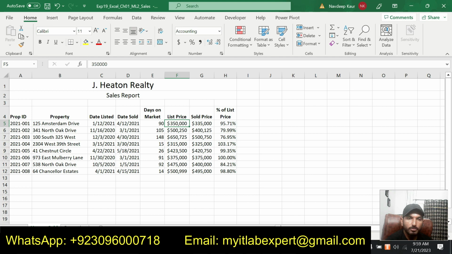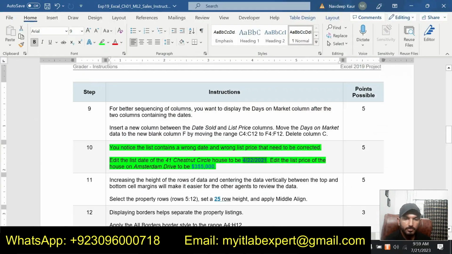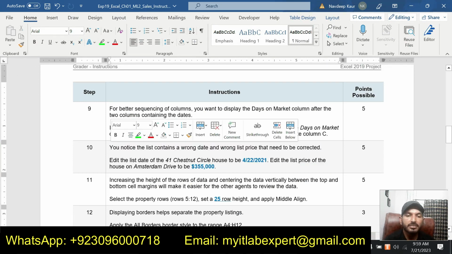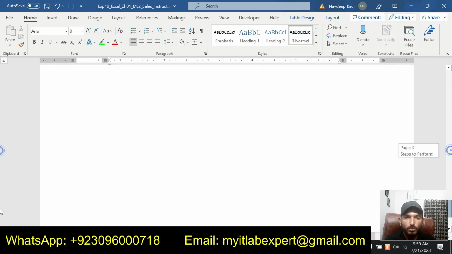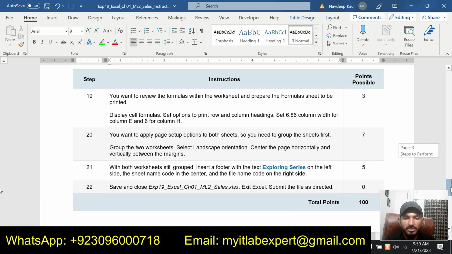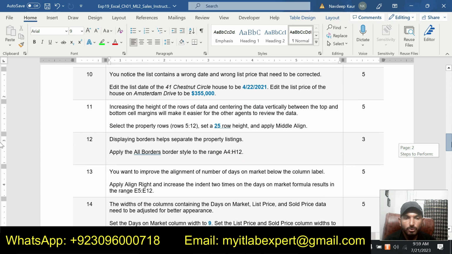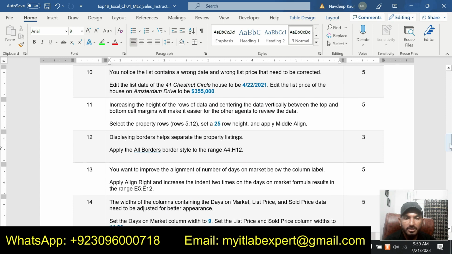So we are supposed to make this 355,000. So we have made the changes according to step number 10. So we have completed 10 steps so far, and total steps in this assignment are 20. So I have shown you half of the assignment, and let me do step number 11 now.